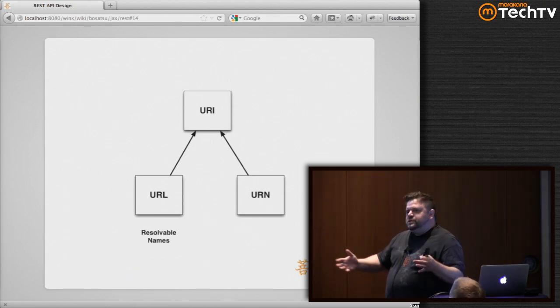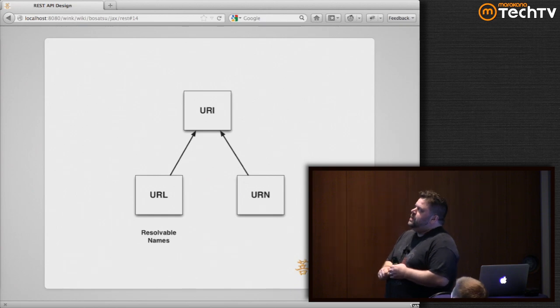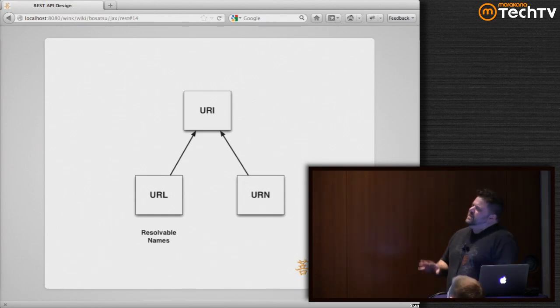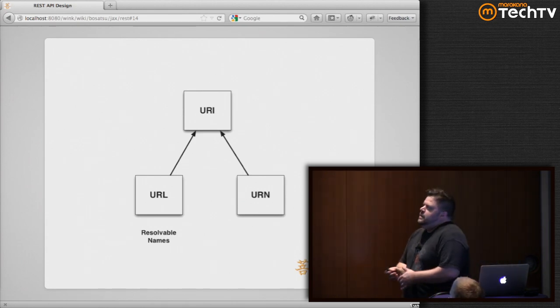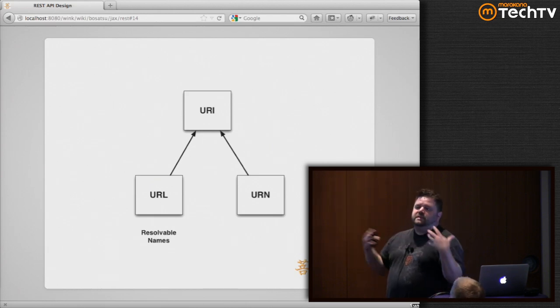The web emerged with a certain view of making documents available on the web. And then people that were involved started to say, you know what? We want to refer to things that don't live on the web as well, things that aren't documents. I want to give names to people and concepts and things like that. So they reverse engineered a lot of the ideas from URLs into URIs, but defined a scheme that was extensible